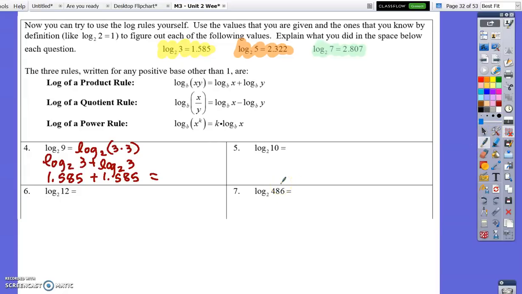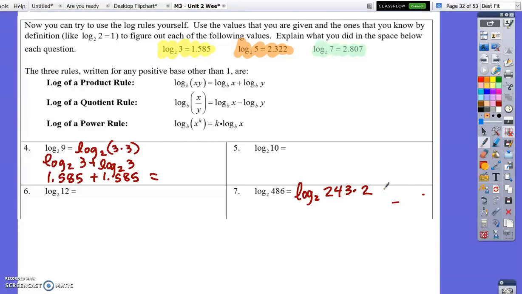7 is this very large number, 486. I'm going to go ahead and try to break that down. I am using a calculator right now, just doing some quick division on 486. I'm going to divide it by 16, I think. Nope, so we're going to go with 8. That should not go in. So 486 divided by 2. Okay. So I've got log base 2 of 243